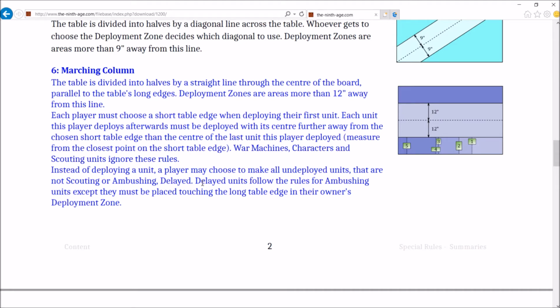But it does not say that. No. It specifically defines it as... Right. It counts as ambushing, but it comes on your table edge. Yeah, if you have to roll it in, that can be a problem. Yeah. I don't see why you would do it. Unless you want units for points denial. You want to keep them off? Yeah. Well, the problem is you can't...